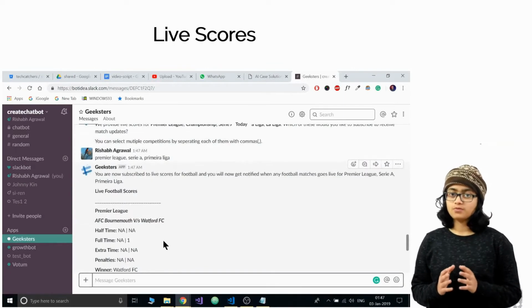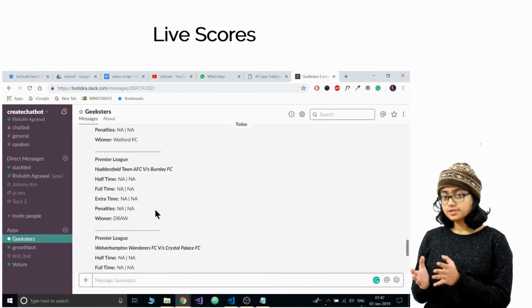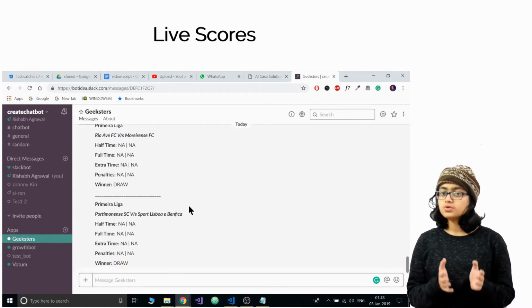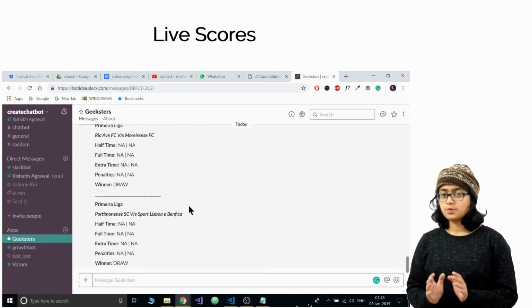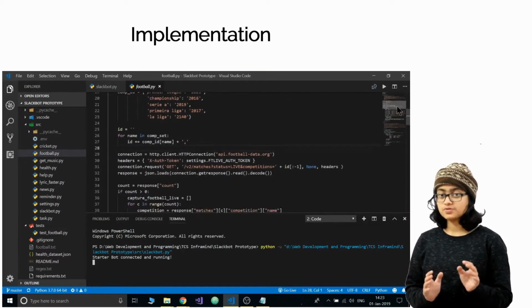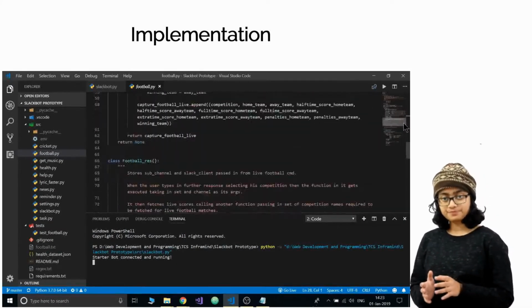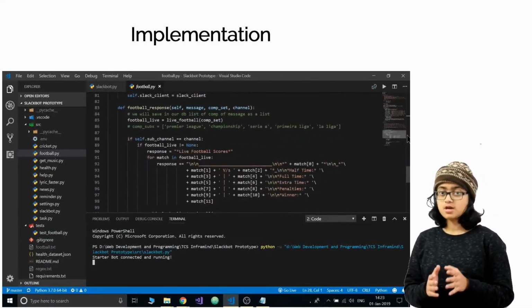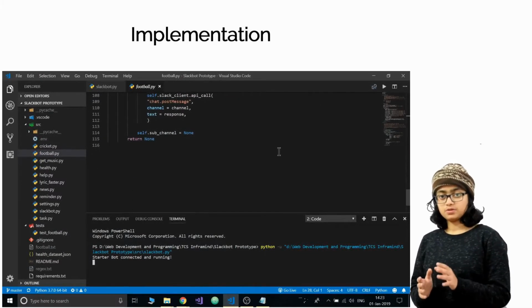When the users subscribe for live scores for cricket or football, then the users table gets updated from 0 to a list of subscribed competitions for the appropriate sport to subscribe the user. The notifications are sent every 25 minutes from 9 a.m. to 10 p.m. to all the subscribed users by getting user's channel ID for the subscribed sport.